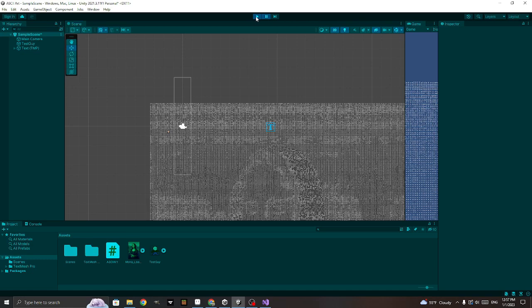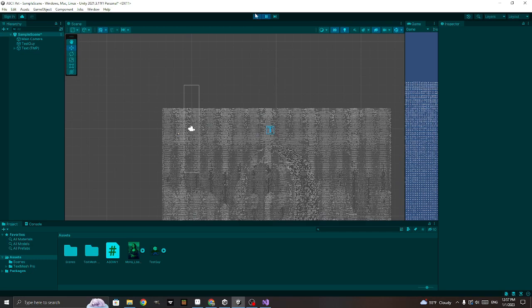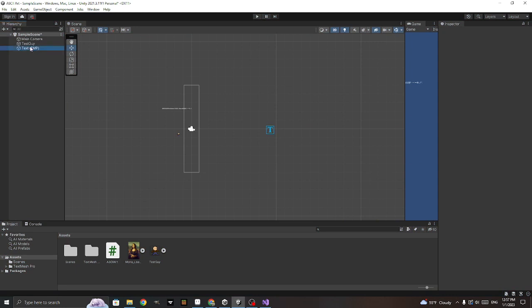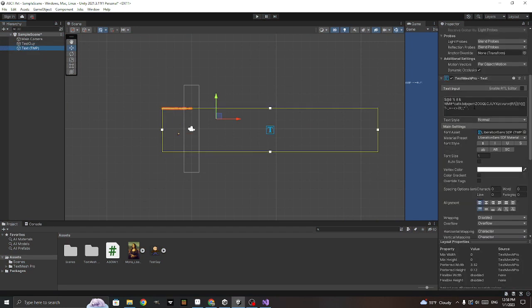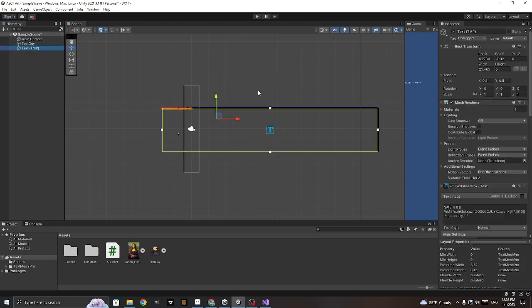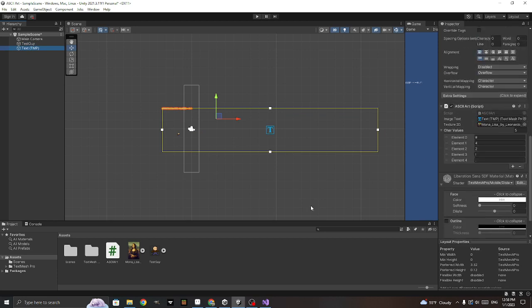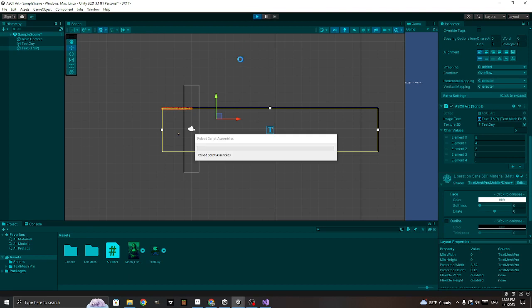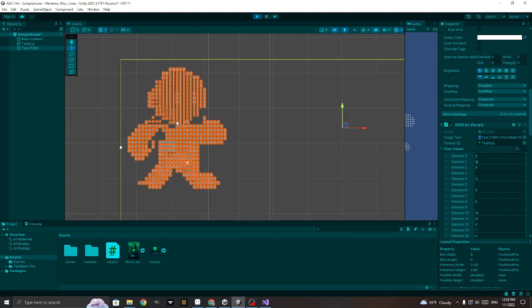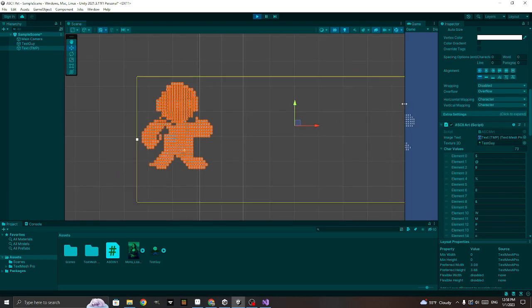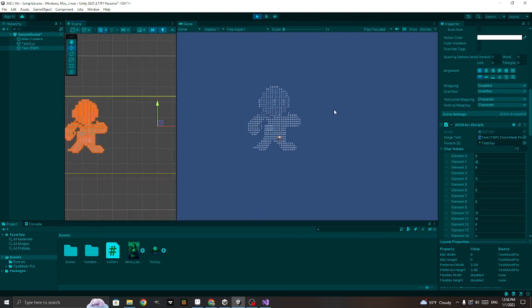I think you could do something with it, or with elements in a game. But going back to the original one, I did this at 32 by 32 pixels. I just think in your game, if you did something like this, it would just be